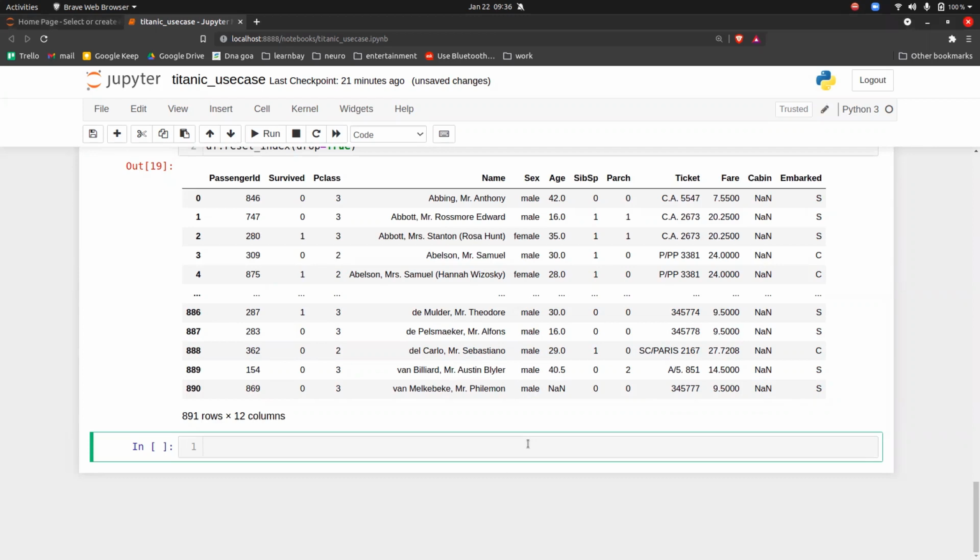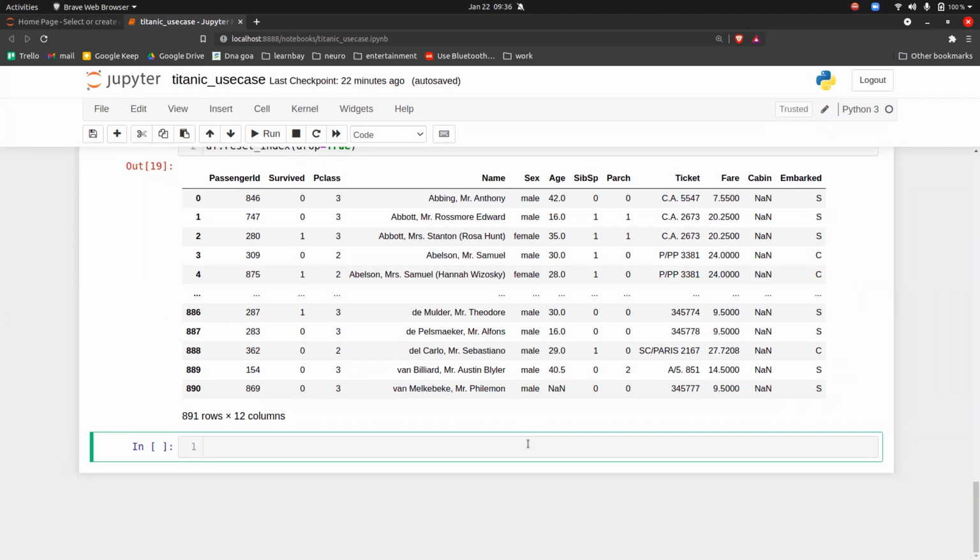Now what we do, guys, is we try to analyze each of the columns. That's the third step. The first step is loading the data. The second step is getting the basic information about the data. Then the third thing is we try to analyze each of the columns.